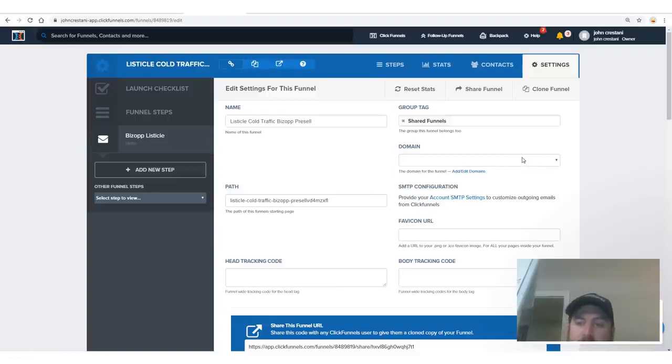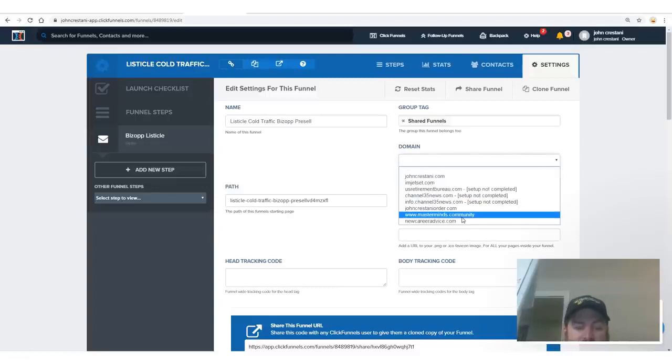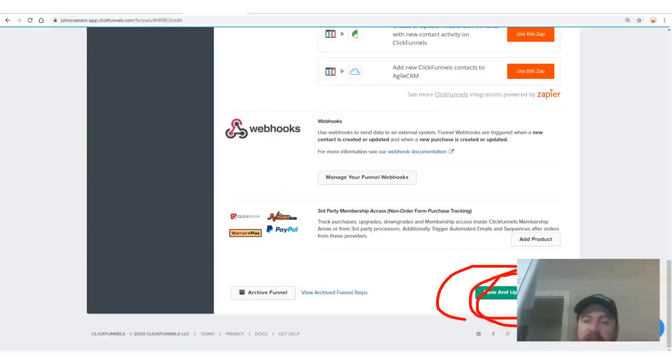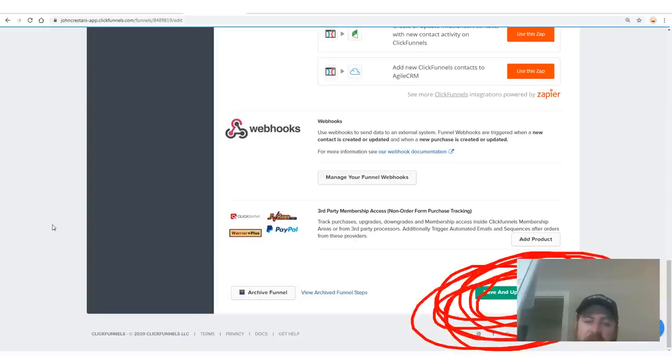And then we will click domain. And in my case, the domain I registered was newcareeradvice.com. See that? So I'm going to select that. I'm going to say cool. And then I'm going to scroll down to the bottom of the page and click Save and Update Settings. See that button right there at the bottom?